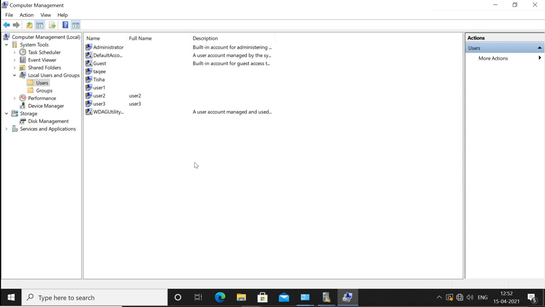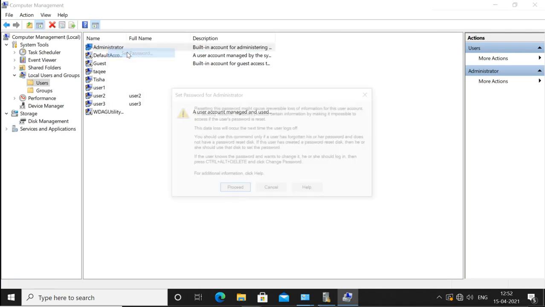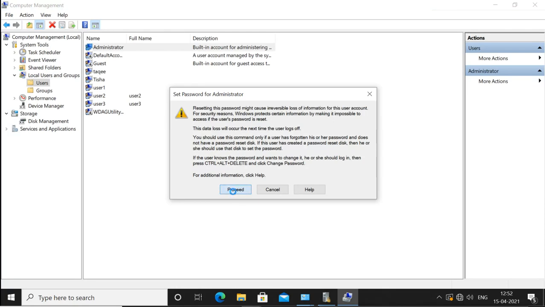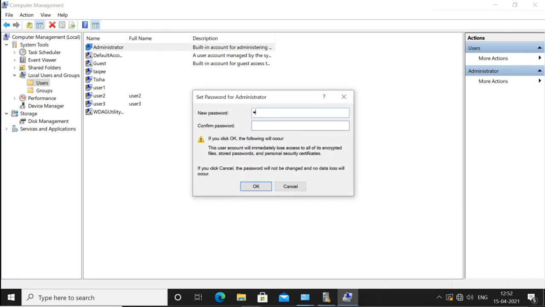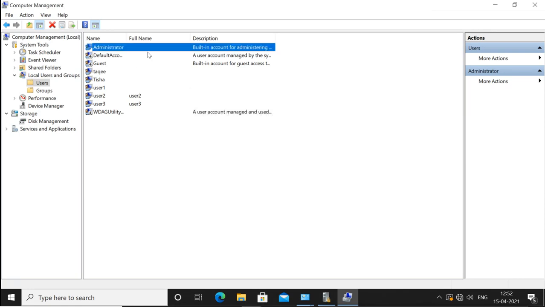It is 0, so you can have no password basically. It is enabled without a password. That is not secure, so I will set a password here, ABC@123. Now we have the built-in administrator account enabled.